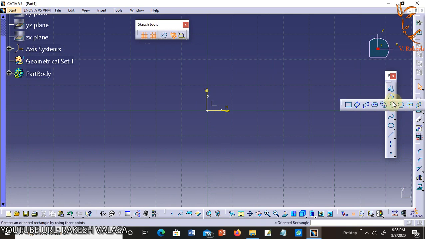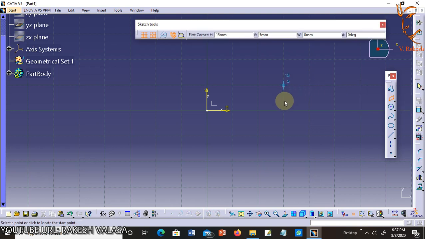Next, the third one is parallelogram. A parallelogram is a quadrilateral whose opposite sides are parallel to each other. To draw it, invoke the parallelogram tool from the predefined profile toolbar.